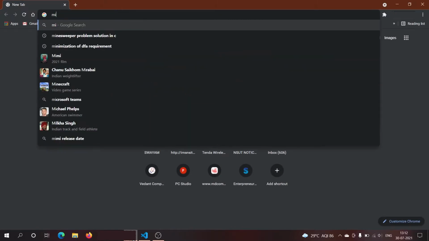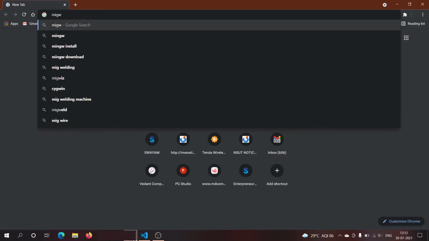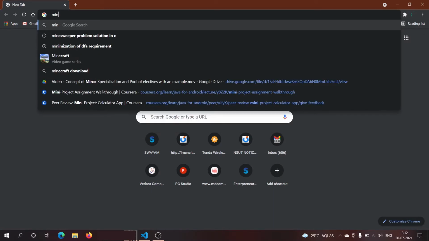The most popular compiler for C++ is MinGW. So, we are going to install MinGW.